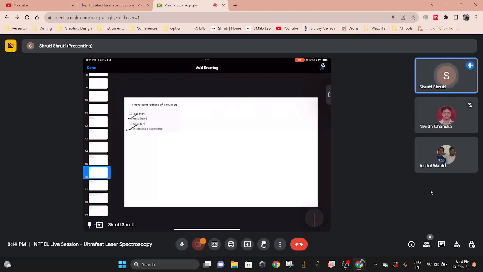Because it's a ratio. You might have seen in the lecture, sir did the derivation. So reduced chi-square is chi-square divided by n minus p, and p is a small number, about 3 to 4. So when you subtract this, the number will automatically come as